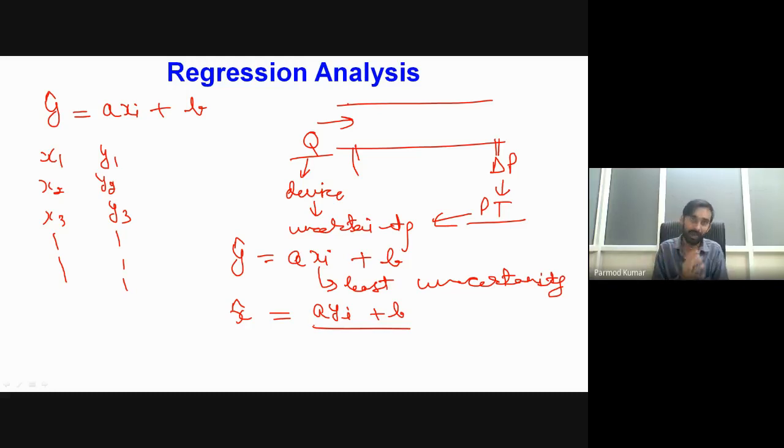While applying regression, we have to consider the independent variable as the one having the least uncertainty, and in case both variables have the same level of uncertainty, then we have to apply further statistical techniques